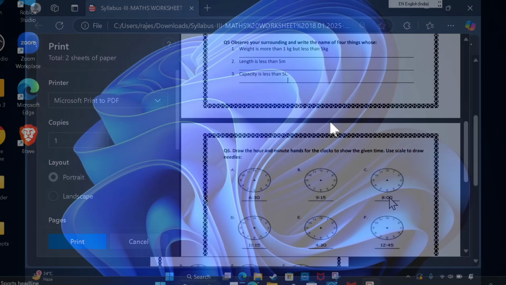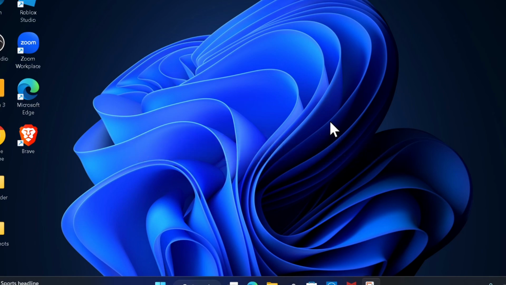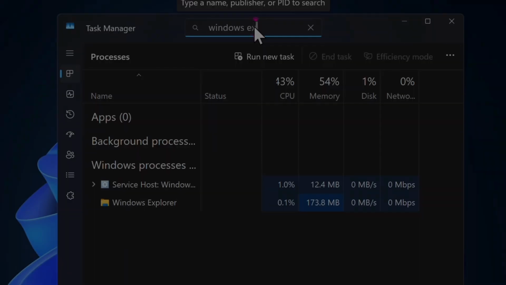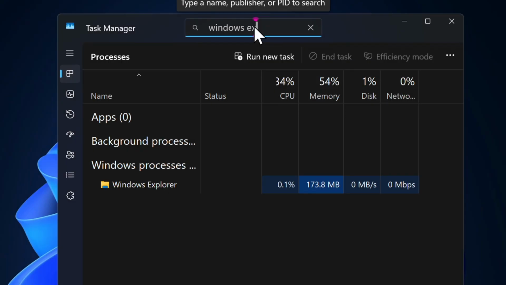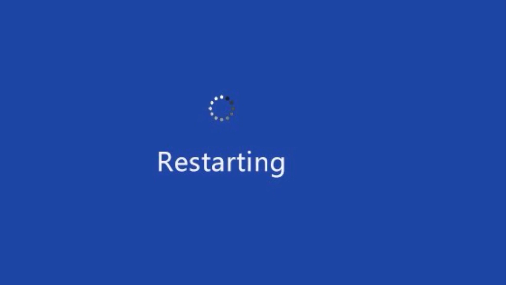To do so, you have to press Ctrl plus Shift plus Escape keys at once to open Task Manager. And then you have to find Windows Explorer under the Processes tab. And then you have to right click on it and choose the Restart option in the menu. After that, you have to restart your PC and find out whether or not you have gotten the better of